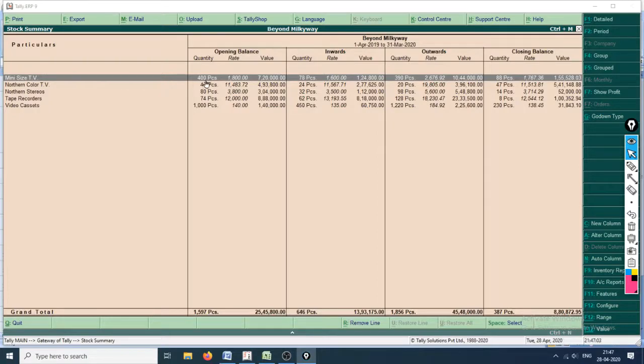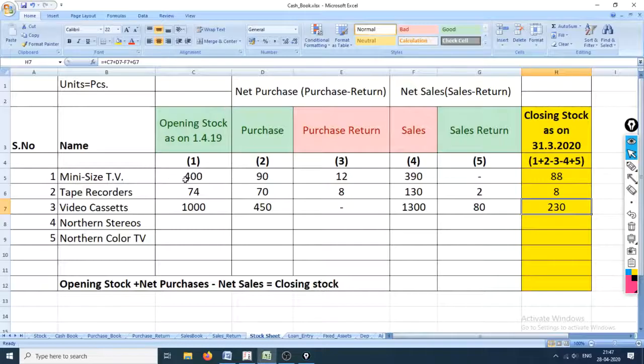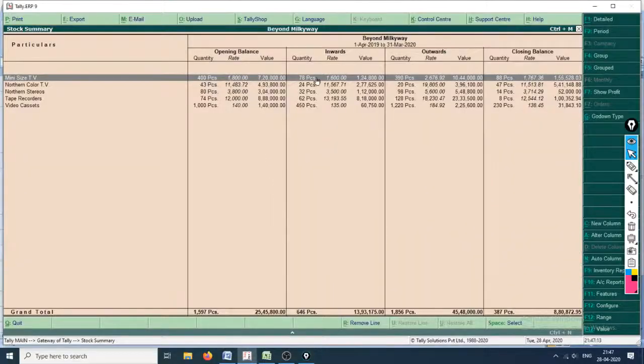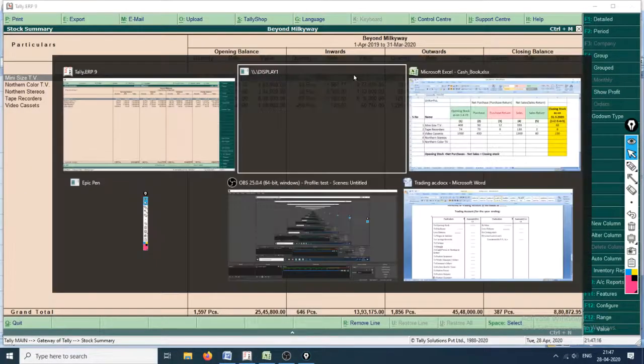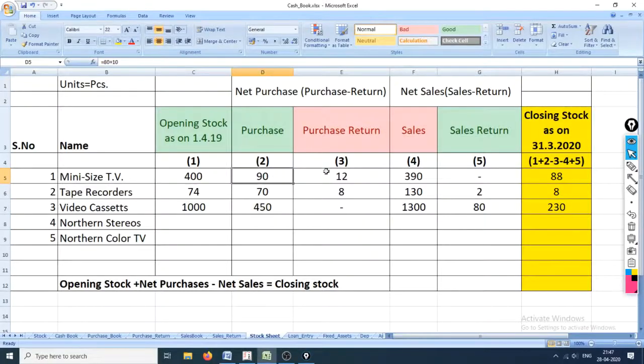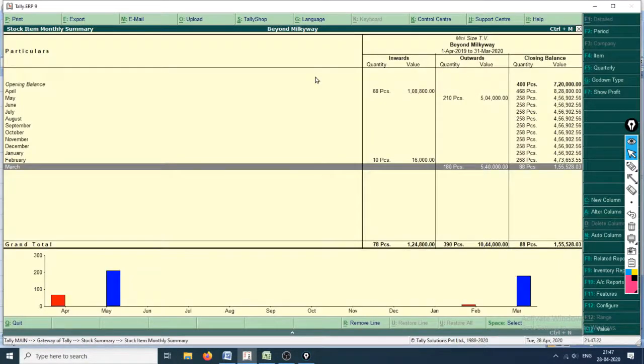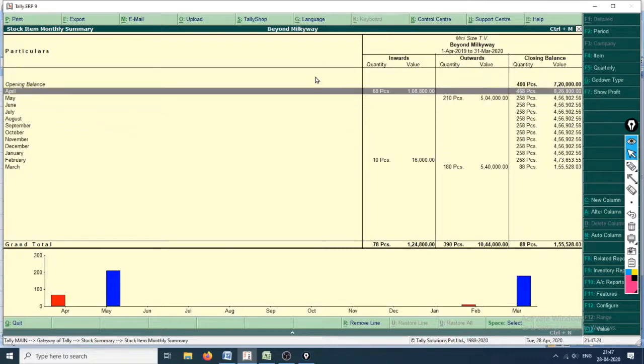Mini size TV, 400 pieces, 78. 400 was opening, and then inward is 78 only. So how come we have inward 90 and it has only 78? We can now try to open it, and as soon as we open it, you can go to each entry right here.